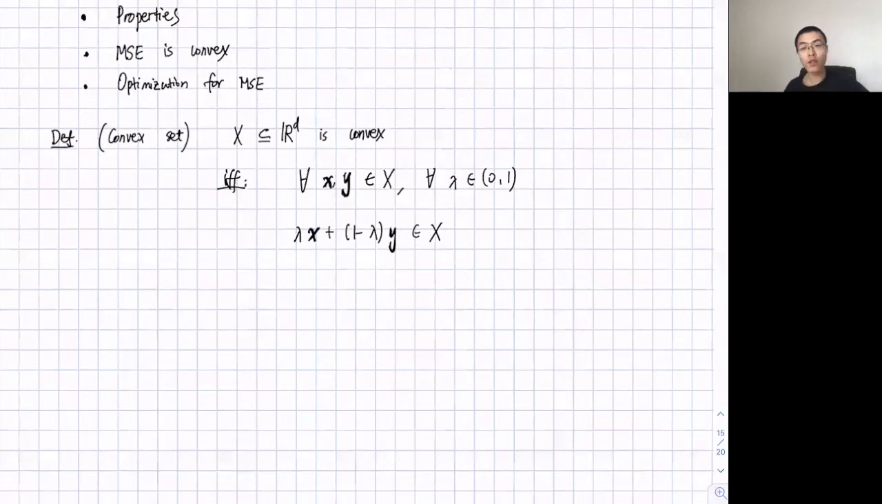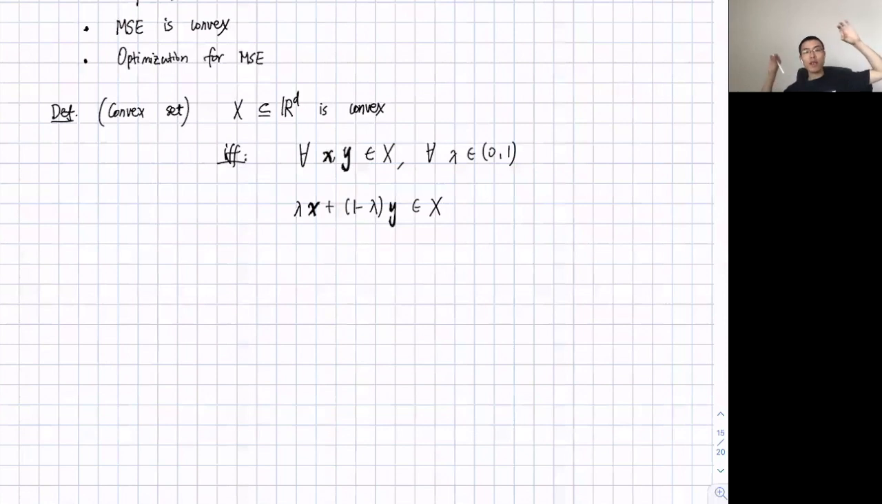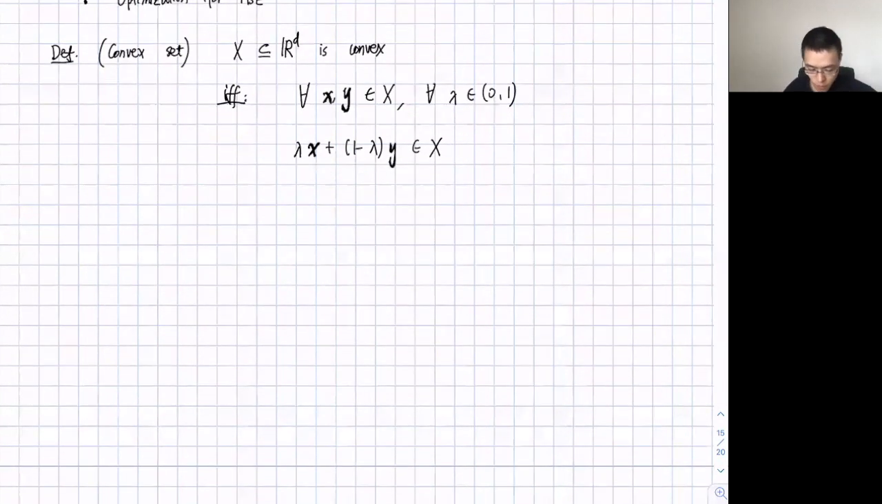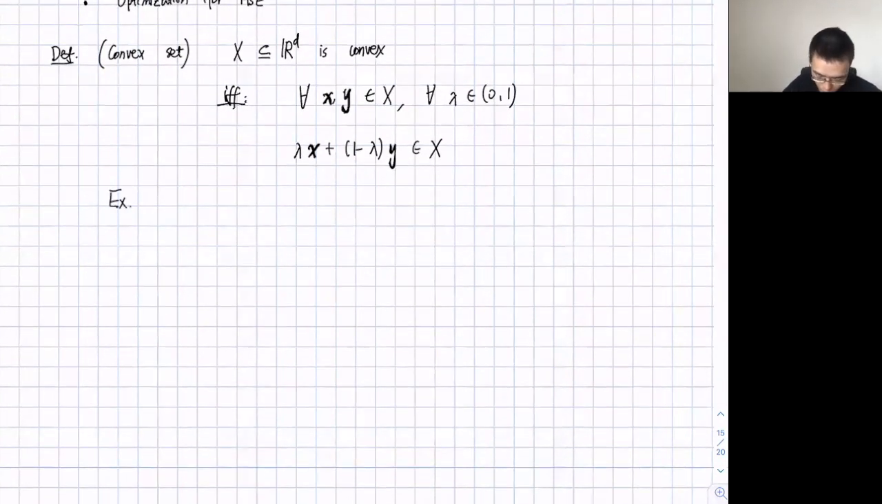So this definition says for any 2 points in my set, if I take the weighted average, it gives me a segment, right? And every point on that segment is still in my set. So example. Suppose let's have a circle. Okay, very nice. So now you see for any 2 points